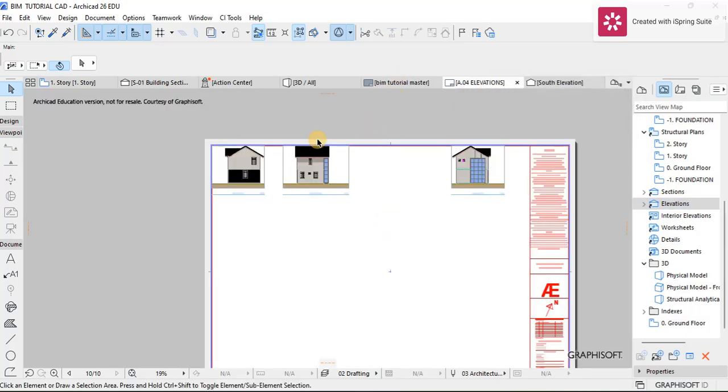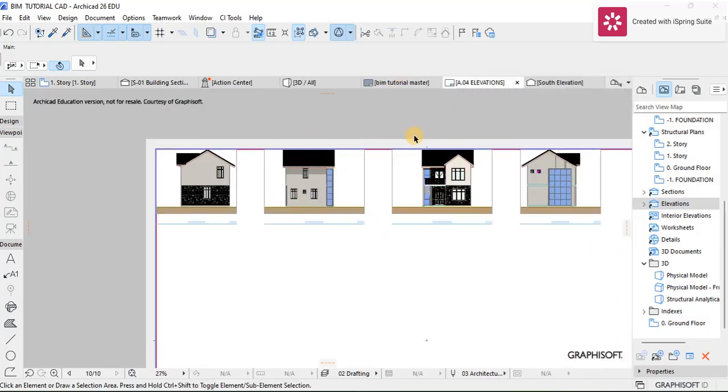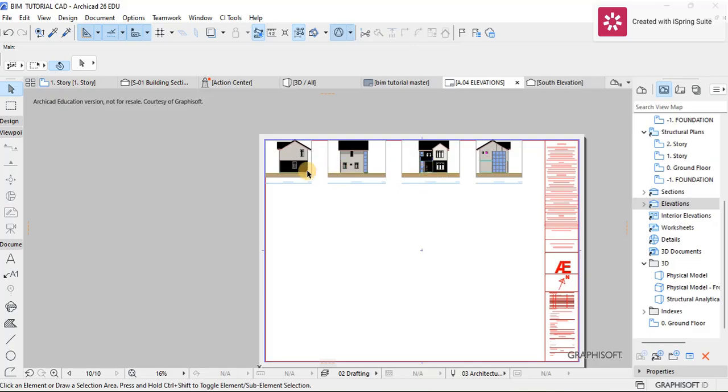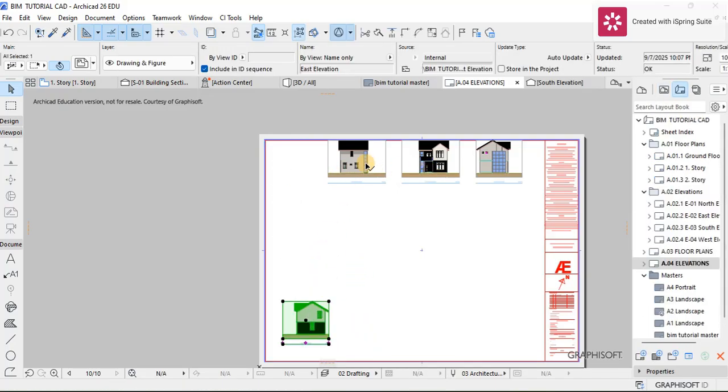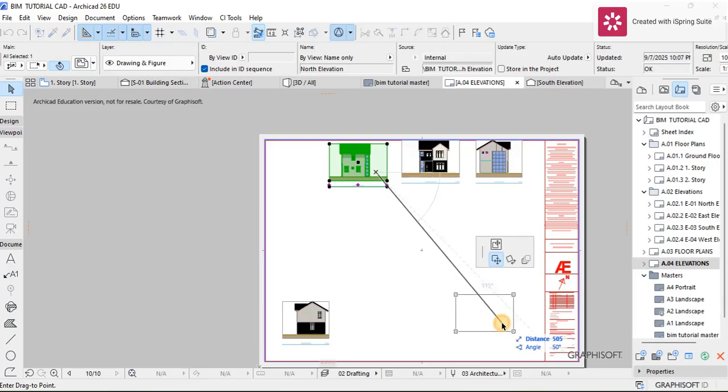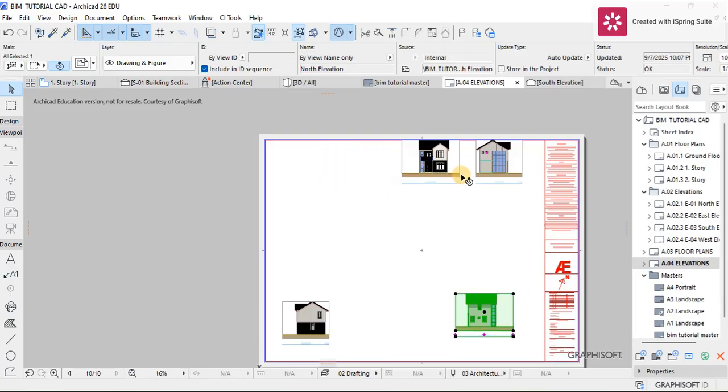Yeah, with everything dropped now, we can actually arrange them on our sheets the way we want them. So for example, these ones, I want them to be somehow down here. This one, let's say, let me just drag it somewhere here, and I'm going to increase the size of the visibility. So I'm going to drag them there,